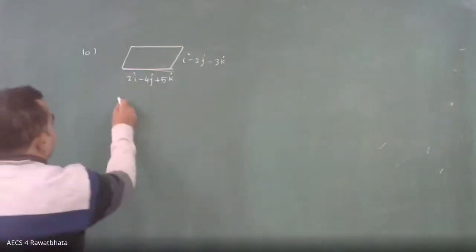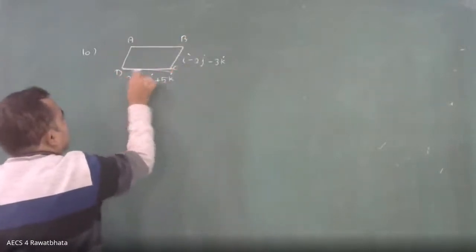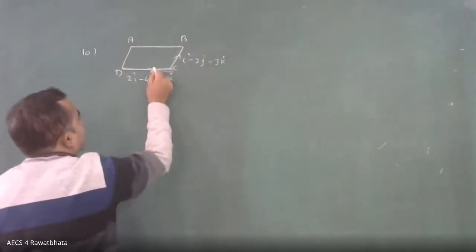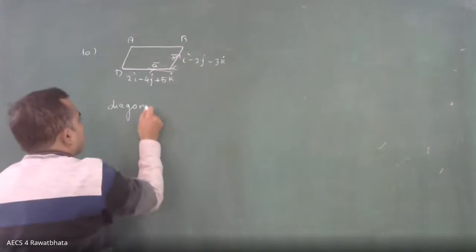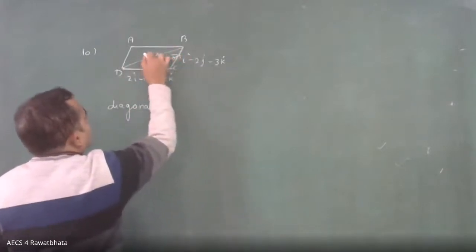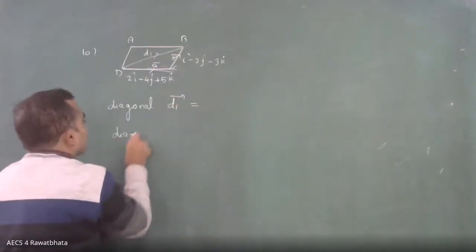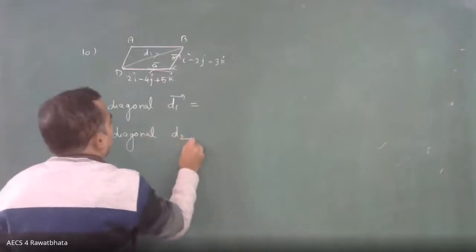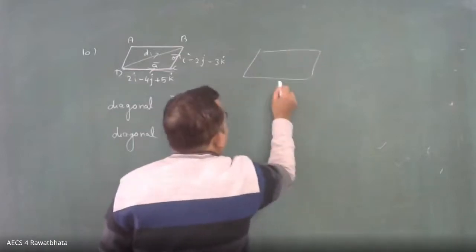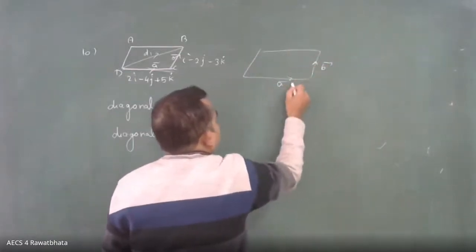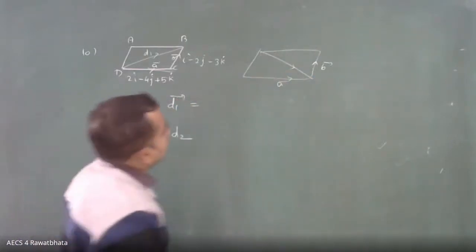Okay. So a unit vector parallel to its diagonal, if the parallelogram is ABCD, and these are the adjacent side vectors, if you call them A vector and B vector, then there will be two diagonals. Diagonal D1 will be how much? And diagonal D2 will be how much? See, if this is A and this is B, then diagonal D2 is suppose this. So D2 diagonal we can obtain